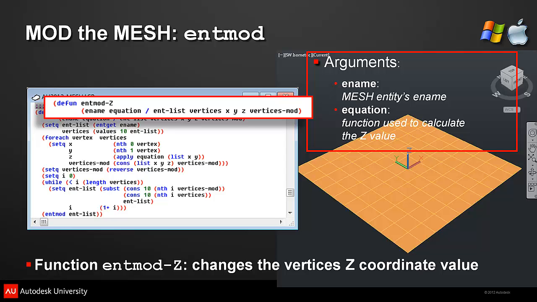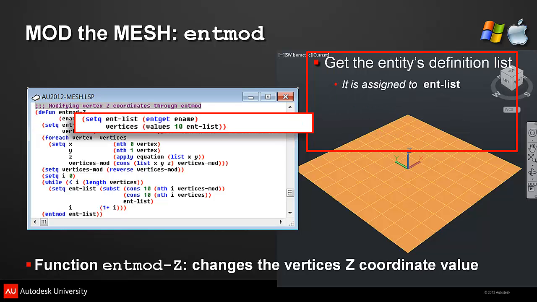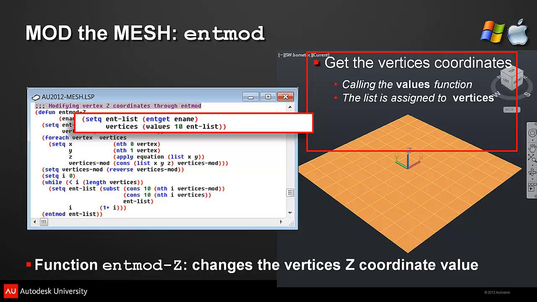This function receives a mesh's ename and a function that, receiving a 3D point's x and y values, will calculate and return a new z value. endMod-Z will obtain the mesh entity list, assigning it to the end-list variable. And applying the values function, it will extract a list with all the vertices coordinates, assigning them to the vertices